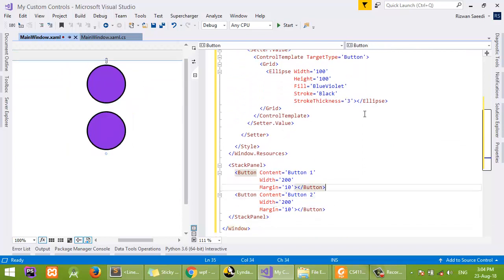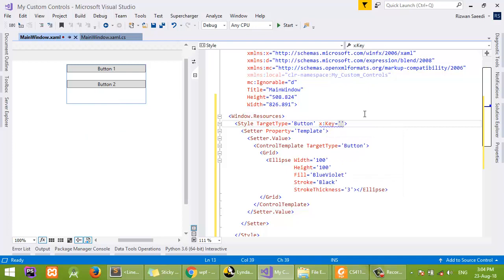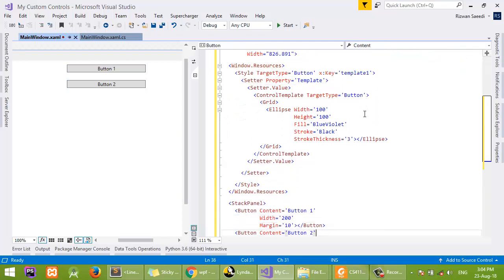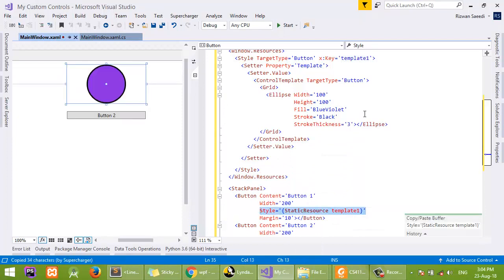So now I can set the key. X colon key will be template 1, and I will set style static resource template 1,